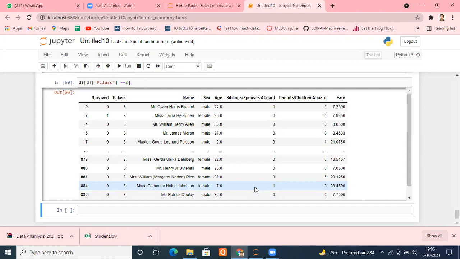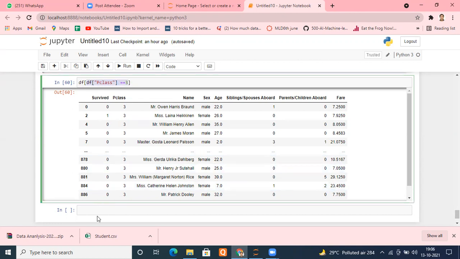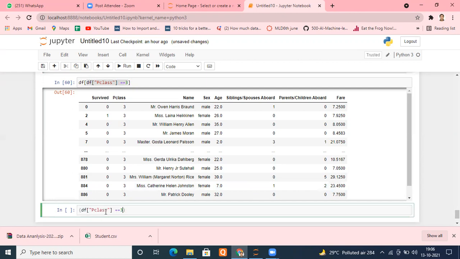Yes, sir. Please tell me, how can I do that? Sir, we have to put or, just add one more filter. Pardon? We have to copy the same thing. Okay, and what I need is passenger class to be 2. First condition is created, perfect, fine. Second condition should be what? df siblings aboard equals 0, right? Either of these conditions should be satisfied, so an OR condition should be there. Either of them will be sufficient.